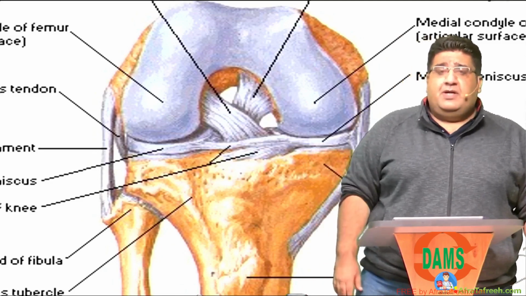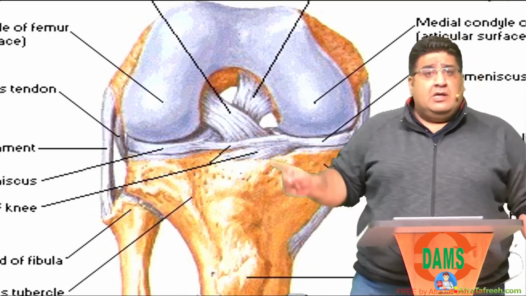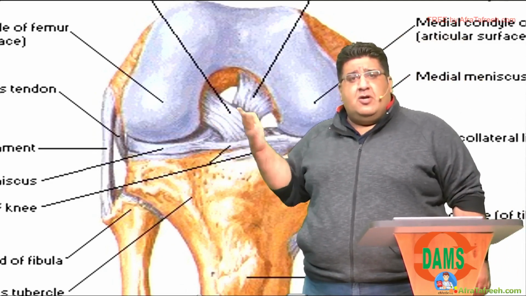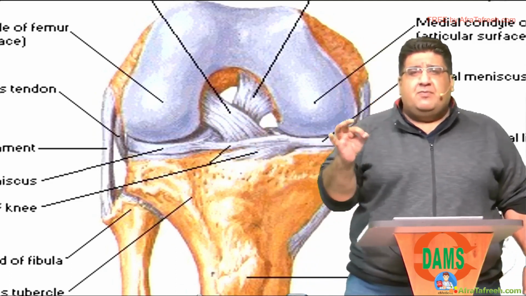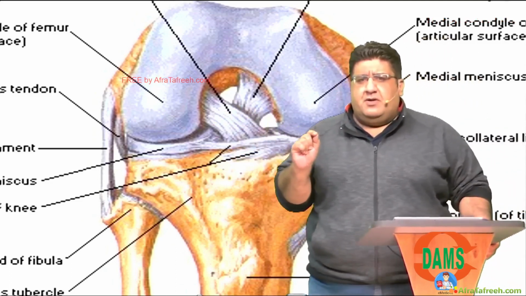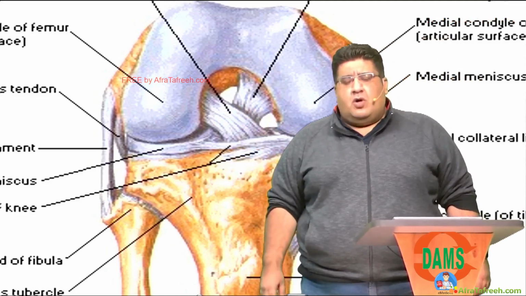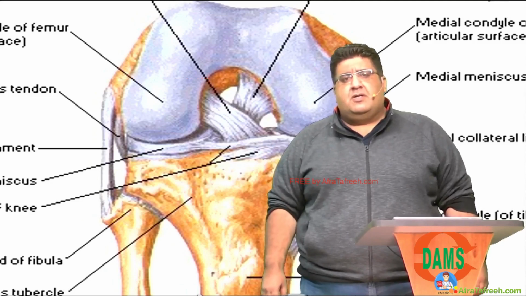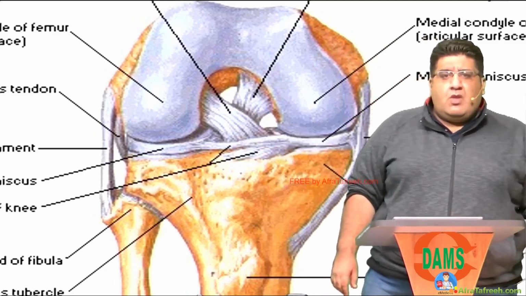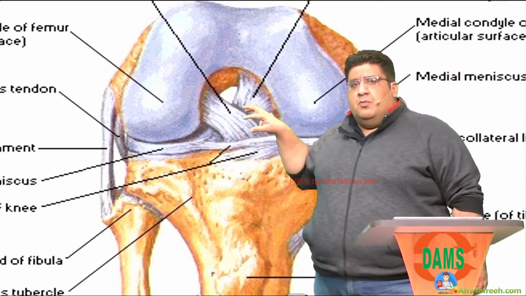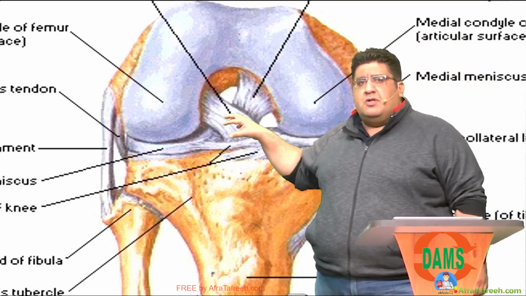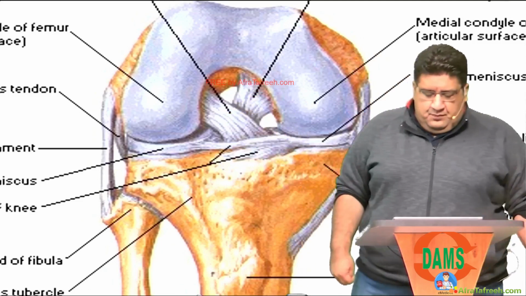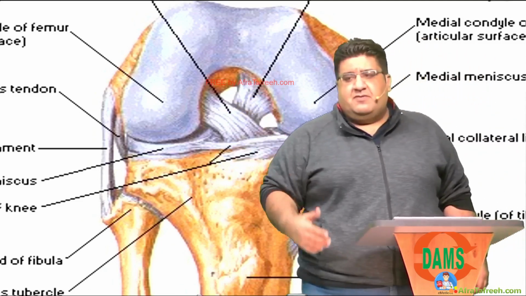A very interesting point I am going to discuss right now with all of you. Despite being within the joint, despite being within the capsule, they are not completely reflected, covered, or bathed by synovium. Some part of it is not covered by synovium, and you call that condition extra synovial. So technically, my friend, both are intra-articular, both are intracapsular, both are extra synovial, both provide stability in the sagittal plane. Four similarities. Time for the fifth similarity.